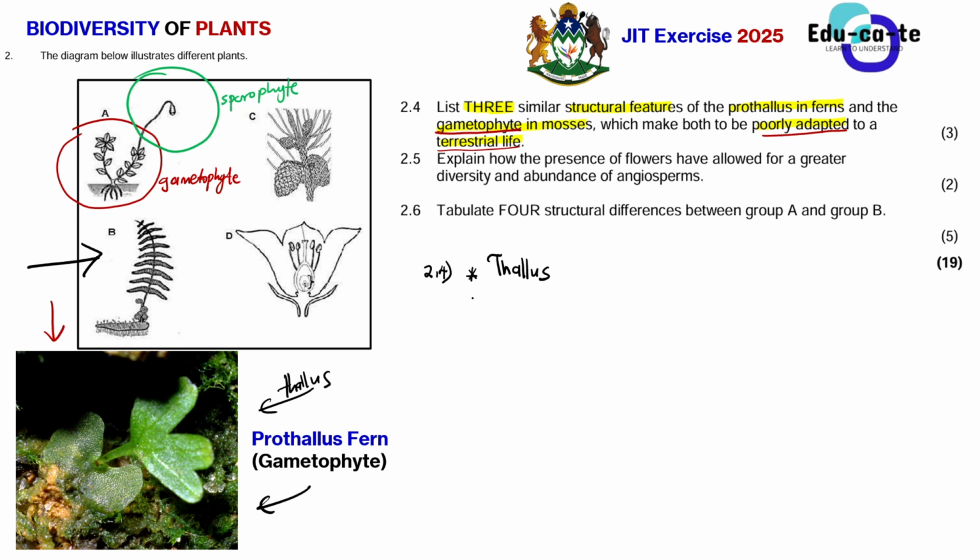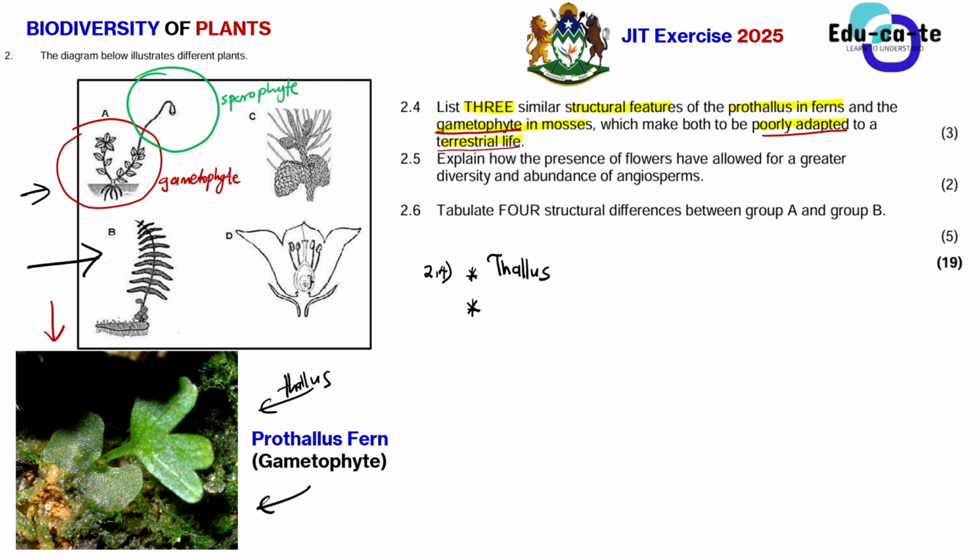And if they are thallus, they cannot survive on land. How can it survive on real land if it doesn't have true roots? Remember that their roots need to be able to penetrate into the ground so that the plant can be attached properly. So basically, the prothallus ferns are thallus, as well as the gametophytes. Well, we already know that the bryophytes are thallus, right? So basically, it's a similarity between them.